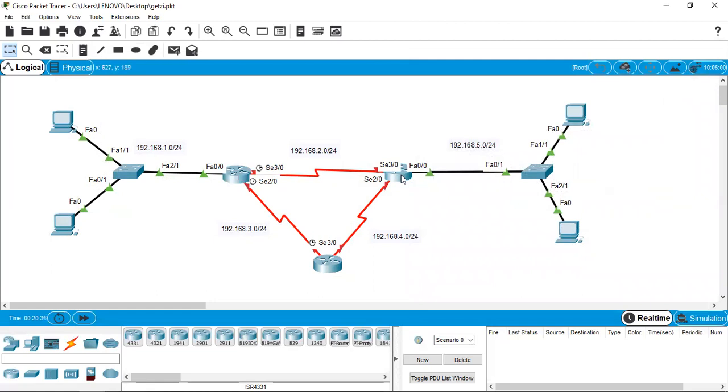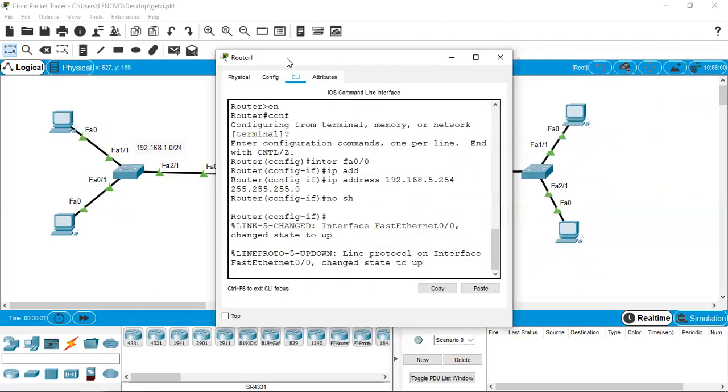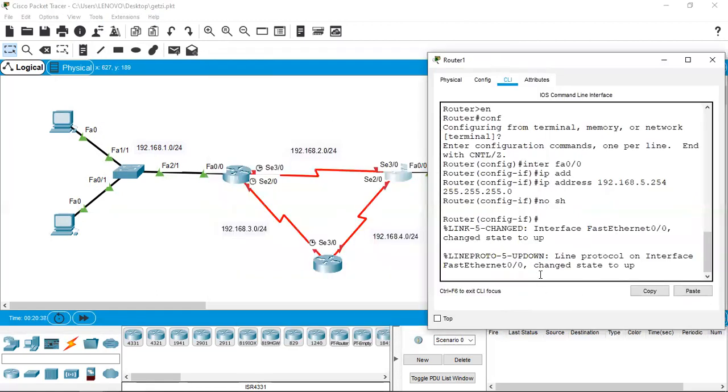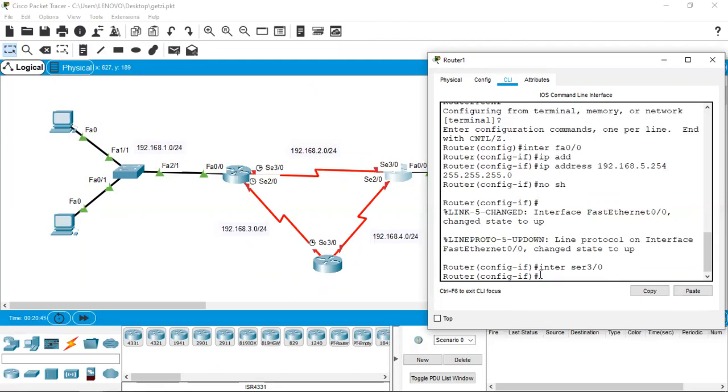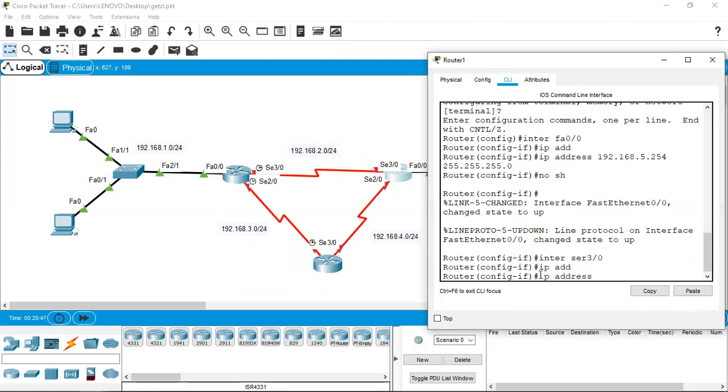Let's move to this router where fast Ethernet interface is already given the IP address. Hence, I move towards interface serial 3/0, where the other side already has 192.168.2.1. So I need to give 2, 3, or I can give any number till 254. So 192.168.2.2 let me give with the mask.